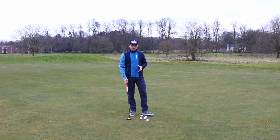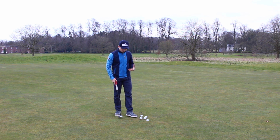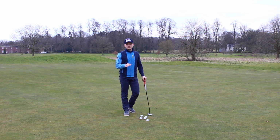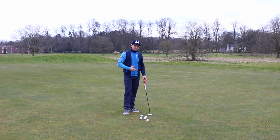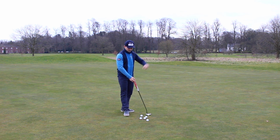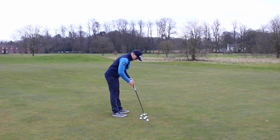So before we talk through how we're going to develop your feel out on the golf course, we're going to run through some simple fundamentals that I think are key in order to have a good effective putting stroke. Now, as said before, there's several ways you can putt the golf ball effectively, but for me, if we can get some fundamentals in play, then we're going to have a more effective putting stroke out on the golf course. So firstly, my first fundamental is I really like to see the putter grip and the